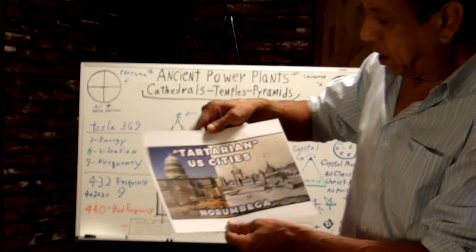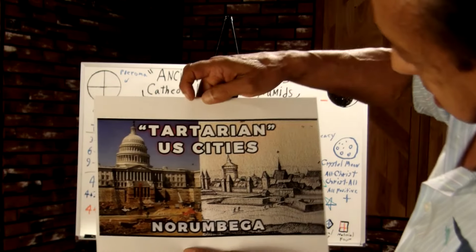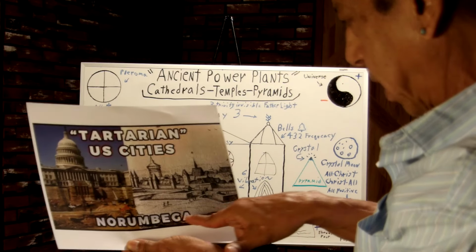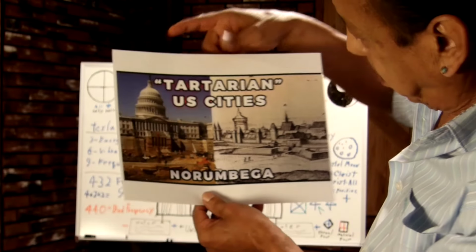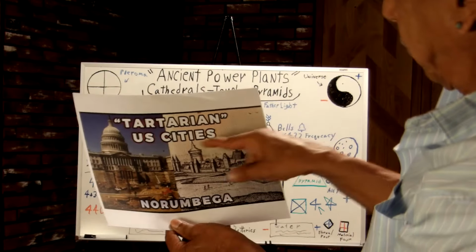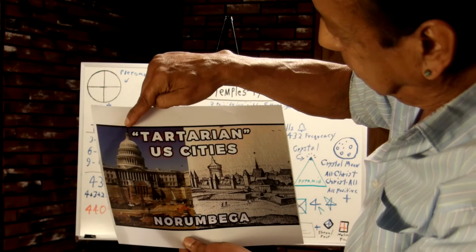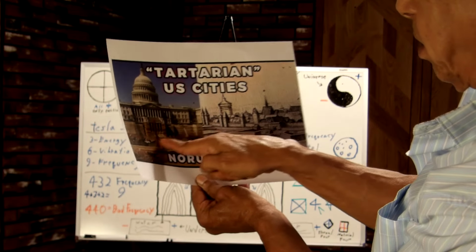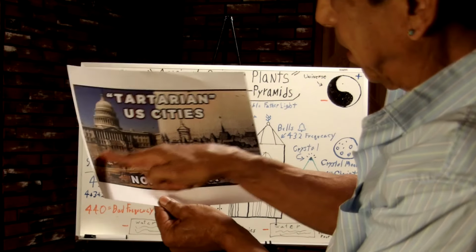Okay. Tartarian U.S. cities. Norumbeka was a city in the United States thousands of years ago. It was different. It had the towers now. And this is the same system right here. This dome stuff is the same system. Look at how underground is the city. And then up here, after the mud flood stuff,